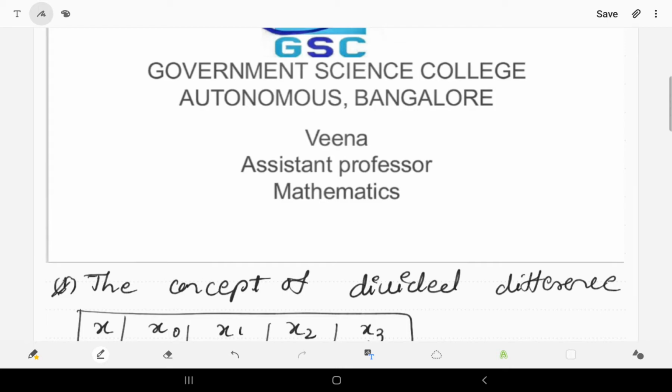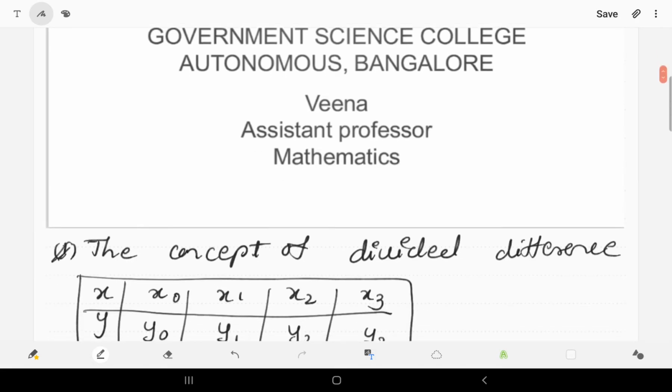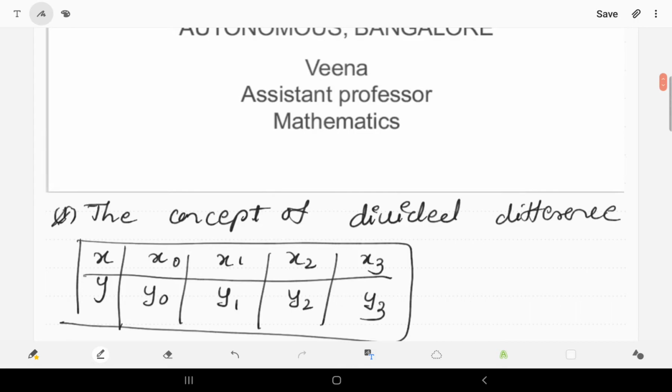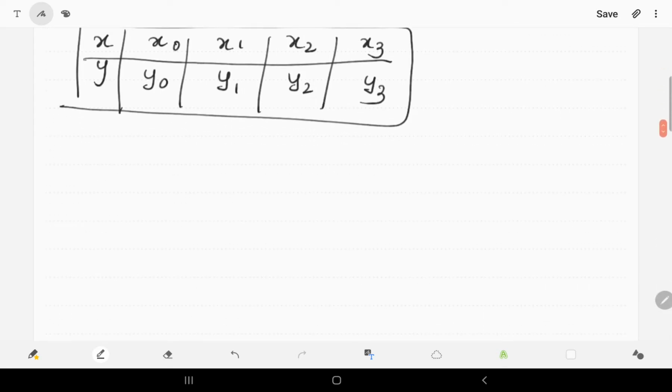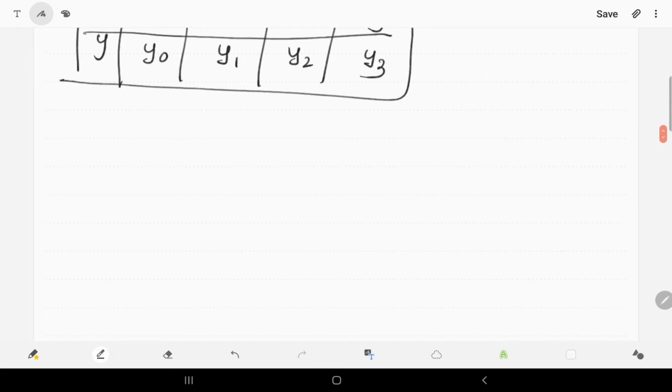In this class, let us study about divided difference. In the previous class, we have studied interpolation with unequal intervals of Lagrange type. Here, before going to Newton's divided difference method, first let us study what we mean by the concept of divided difference. If x and y values are given, x0, x1, x2, x3 and y values are y0, y1, y2, y3, then the divided difference table is given by